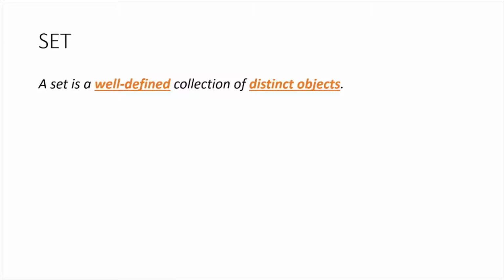By well-defined, it means that there is a certain rule that allows us to determine whether a given object qualifies to be a member of a particular set. Okay, in other words, these objects must share the same property or properties. All right, and we call these objects elements or members of a set. Okay, for example,